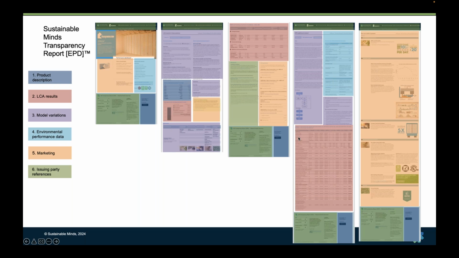This page 4, this is our innovation in EPD standardization. Because every PCR is different and requires different amounts of different kinds of LCA and variation data, and you've seen the different types of data, because we wanted to keep a standardized format so that people could read any transparency report and find the exact same content types on each page in the exact same place. And so it could be read by people and by machines.